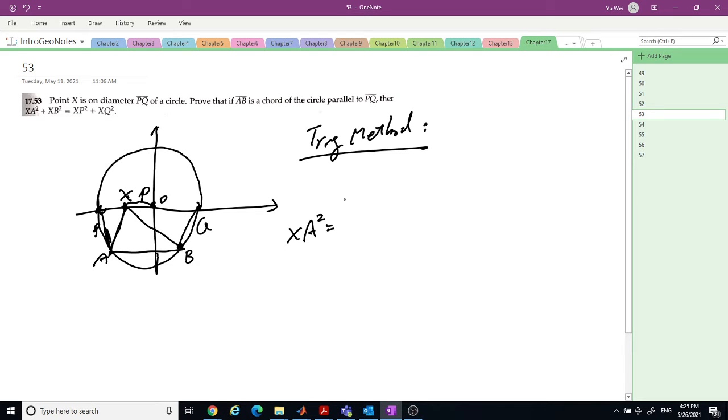So XP will be equal to R minus P, and XQ will equal to R plus P, right? So the XA square will be the XP square plus the PA square, then